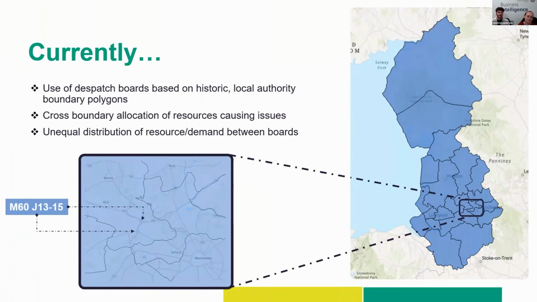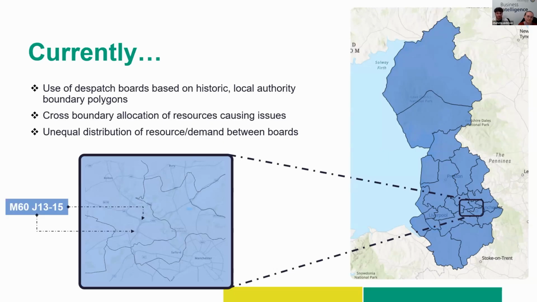Now, the cross-boundary allocation of resources has been causing issues. Between different boards, you'll have an operations centre where several operational staff may have to literally shout across the room to ask, can I borrow an ambulance from your sector to come over into my sector? And quite often, as you can see in some of these cases, you've got these very higgledy-piggledy boundaries,